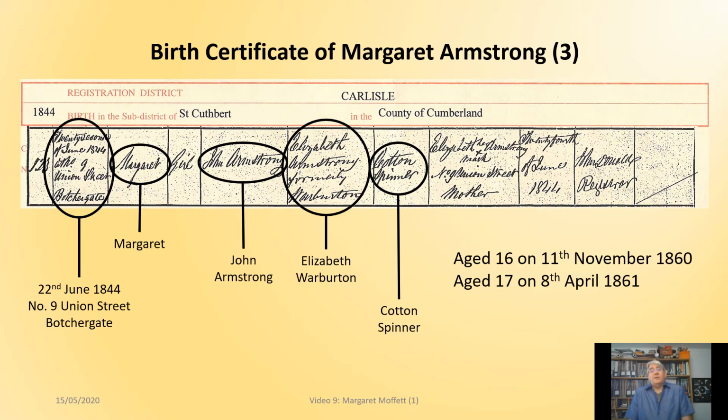However, it will be noted that none of these certificates reveal a Hugh Armstrong as a father to a Margaret Armstrong. But we know from the case of James Moffett that a father's first name may not be recorded correctly. So, in the interests of thoroughness, we can assess each of these three possibilities.